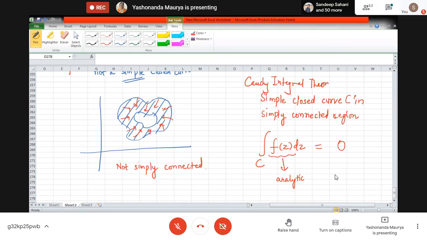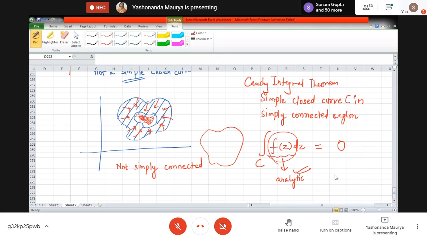integral theorem. So next session we will be working on this integral theorem, and we'll be evaluating the integrals. We'll see this again. What we have seen is that this theorem actually gives us the value of the integral, and it says that the integral is always 0. But what are the conditions to be satisfied over here? First of all, the function should be analytic, and we should have a simple closed curve, and it should be in a region which is not having such sort of